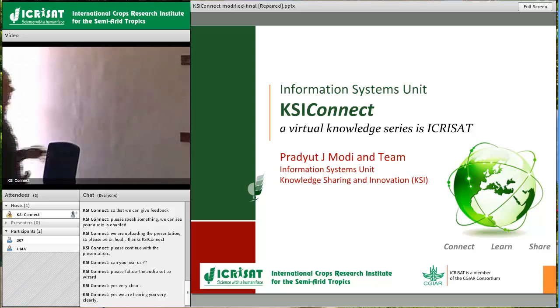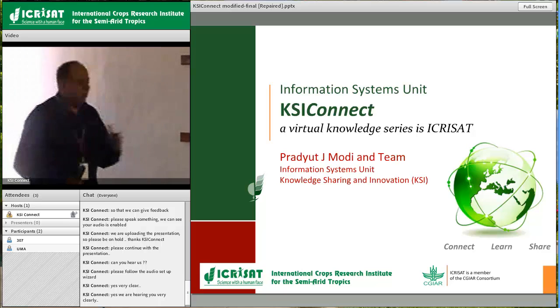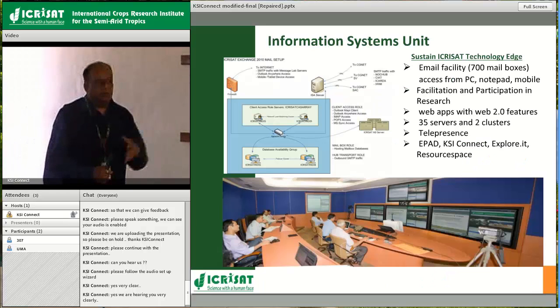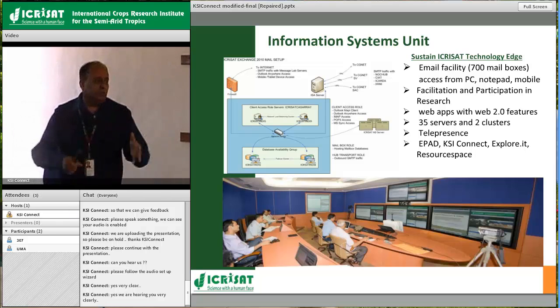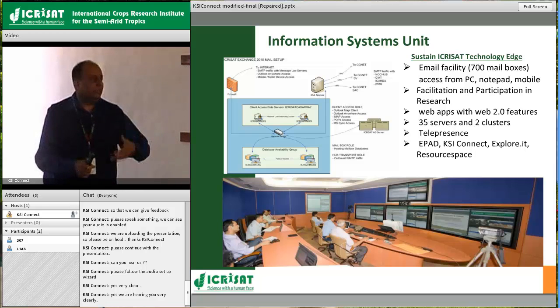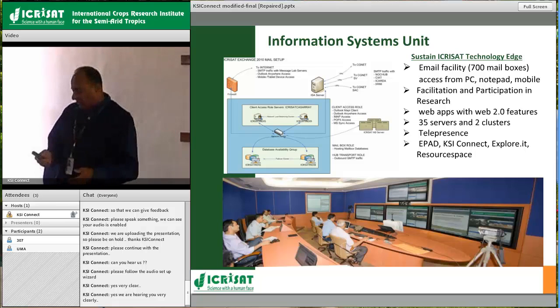Briefly I will tell you, the title of the whole workshop is innovative approaches and technology, using technology. So what are the technologies we use? And the unit which I am involved in manages all the technologies at ICRISAT. So we manage existing technology, we identify the new technology, we identify the new solution, and help the people in implementing it. This is a brief description of what we'll be doing.